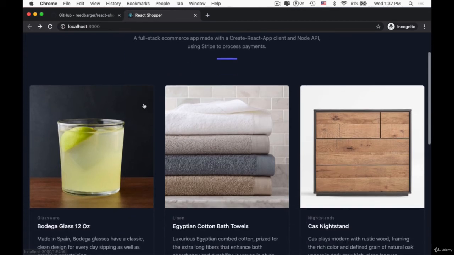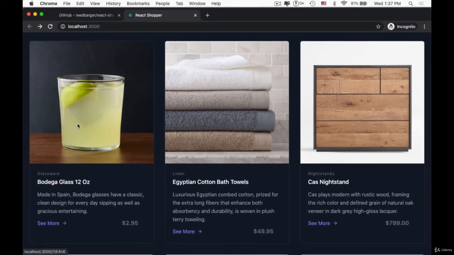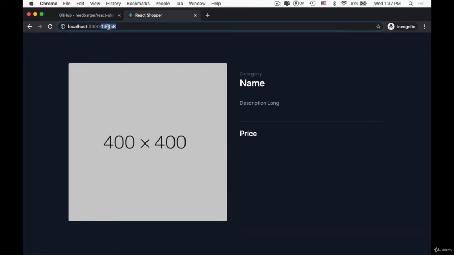Now that we have all of our products displayed on our home page, we want users to be able to go to the individual product page and see additional detail about the product so that they can make a decision about it and see whether they want to add it to their cart and check out ultimately. So let's begin by seeing how to fetch an individual product whenever we go to an individual page according to